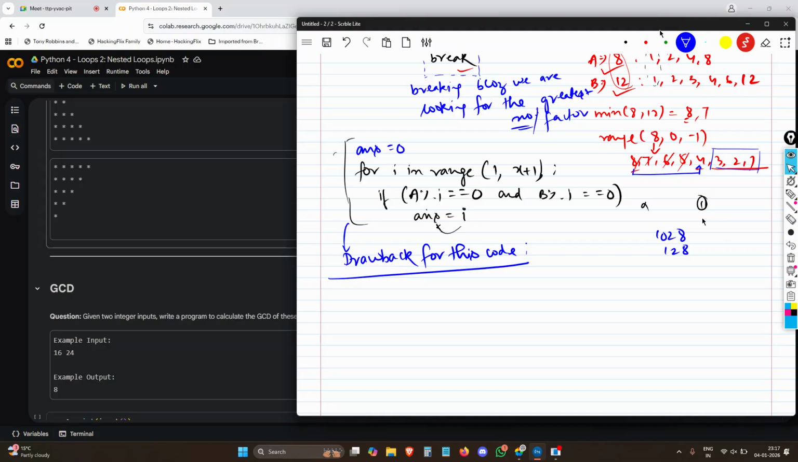Wait, let me just think of a proper example. 128 into zero. Sorry, not 128, 1024. It's 1024. So what happens is if I take out all the